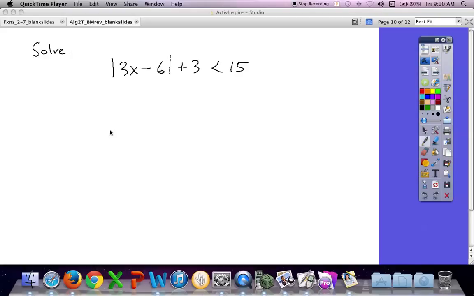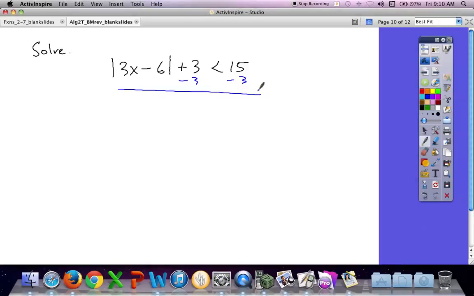So first step, isolate. In this case, what will it be? Subtract the 3. Okay, and then you have to break down an absolute value less than. Now, I'm going to fill this in because most of you are going to try to do what I don't want you to do. We break down an absolute value less than by doing a 3-part inequality that looks like